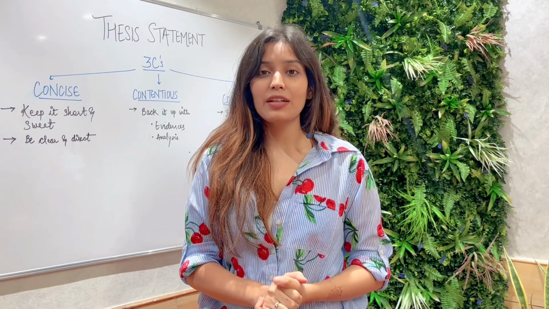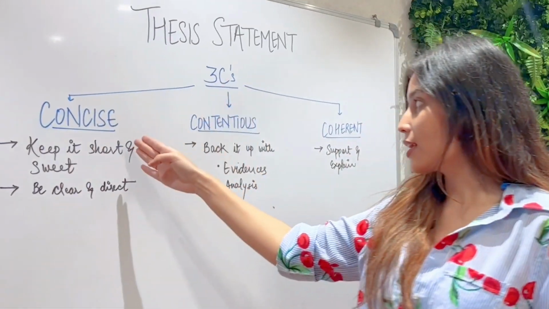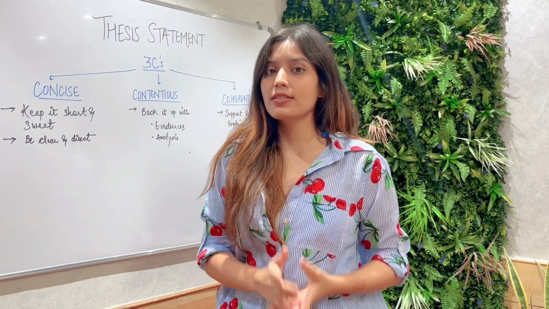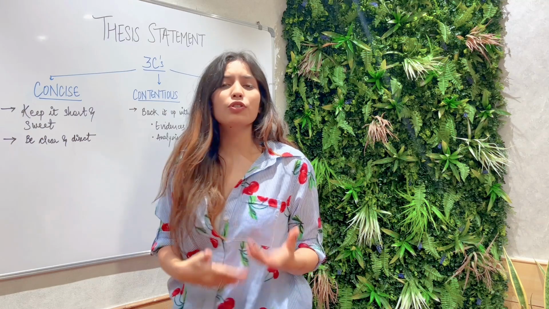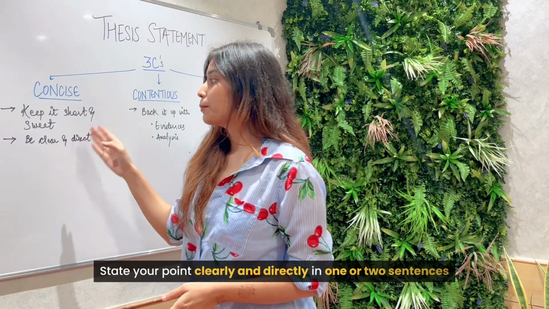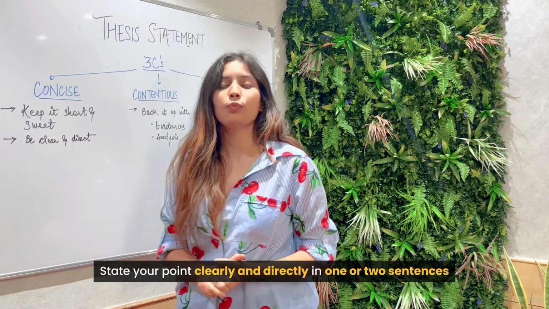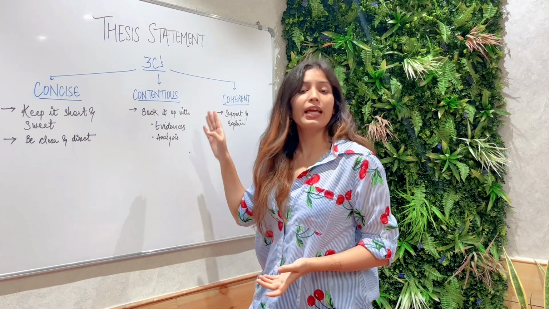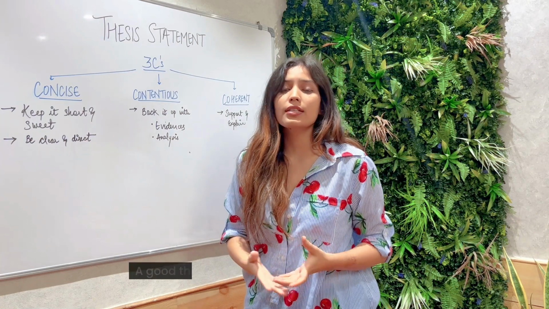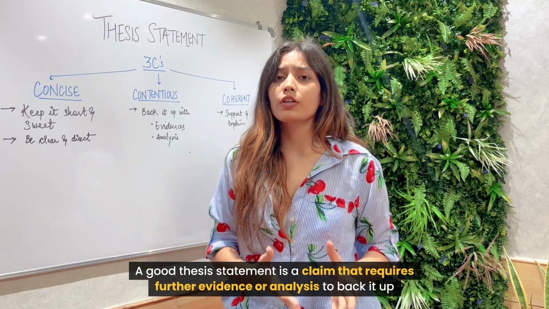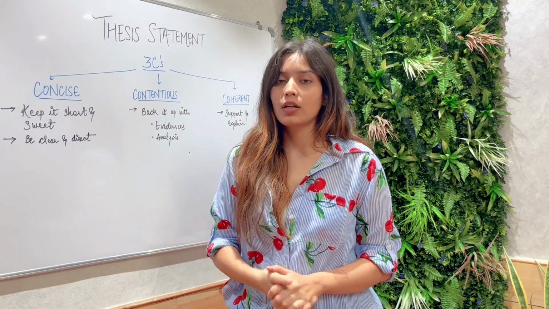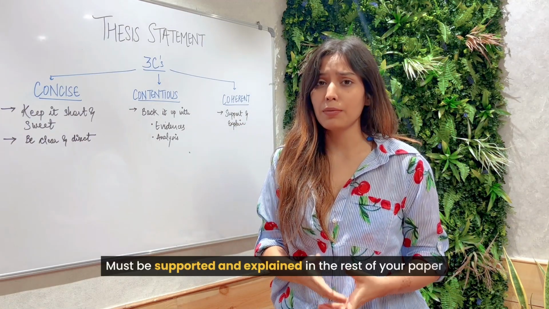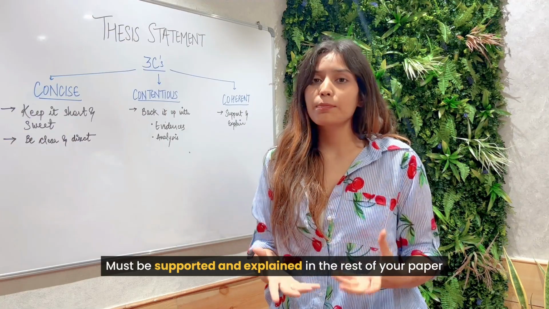The best thesis statement comprises the 3 C's: concise, contentious and coherent. First, concise. A good thesis statement should be short and sweet. Don't use more words than necessary and state your point clearly and directly in 1 or 2 sentences. Second, contentious. Now here, back it up with evidence and analysis. So a good thesis statement is a claim that requires further evidence and analysis to back it up. Third, coherent. Now everything mentioned in your thesis statement must be supported and explained in the rest of your